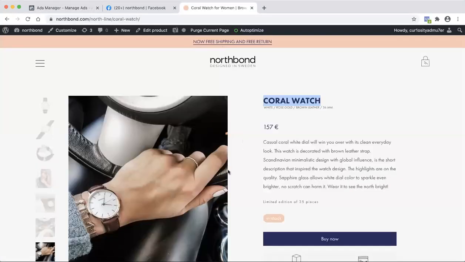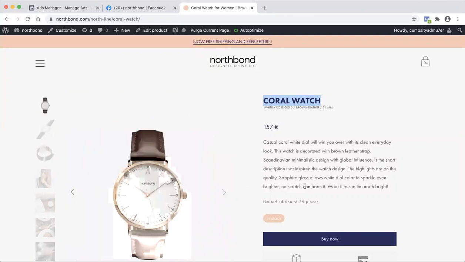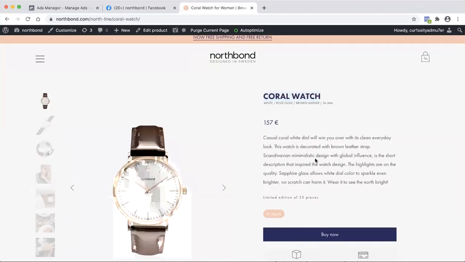And it's for women only? Yes, this one. So I have 4 watches for women and 2 watches for men. They're not unisex or anything? It can be, yes. We have done it before, but just to simplify it for the customer and visitors, we have categorized them. Did you choose to see which one performs best? No, I don't think I can see that.